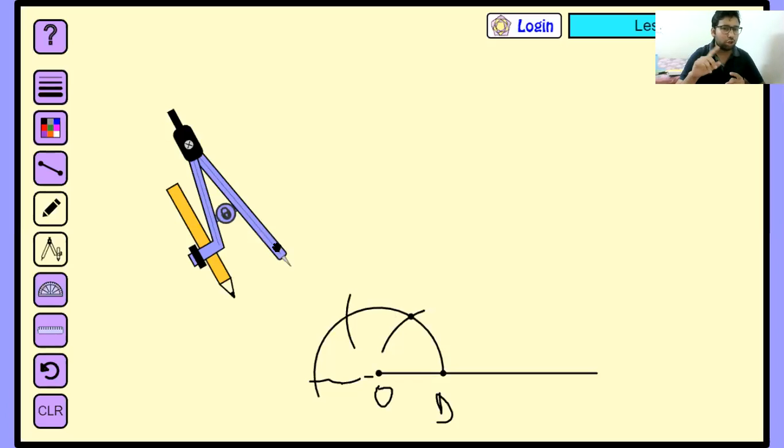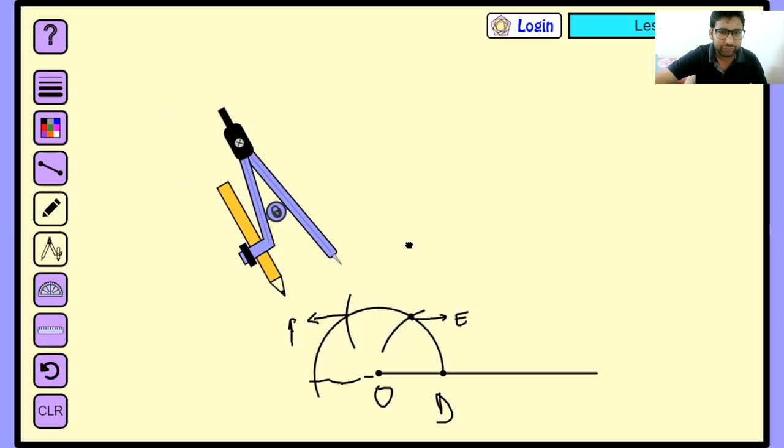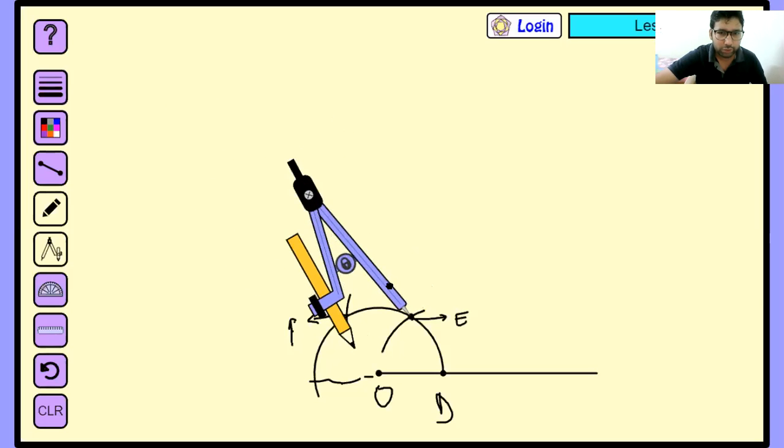Now we will draw the bisector of these two angles. We have got this angle as 60 degree. Error is coming, but I know this is an issue in the application. It will be done, don't worry. Suppose this point is E, this point is F. We all know that this point E is signifying which angle? It is signifying an angle of 60 degree, and F is signifying an angle of 120 degree.